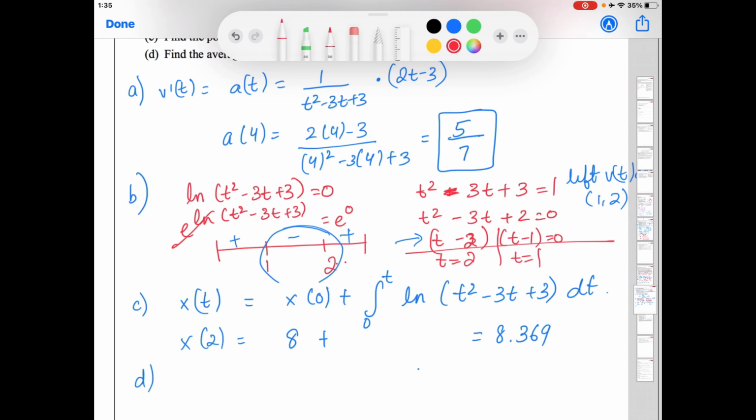Part D. Now it's asking me to find the average speed of the particle over the interval from 0 to 2. So average speed has to do with your average values. Over the interval of 0 to 2 would be 1 over b minus a. So b is your 2, a is your 0, and then the integral would be from 0 to 2, and speed has to do with the absolute value of velocity, dt. Put that in the calculator and you would get